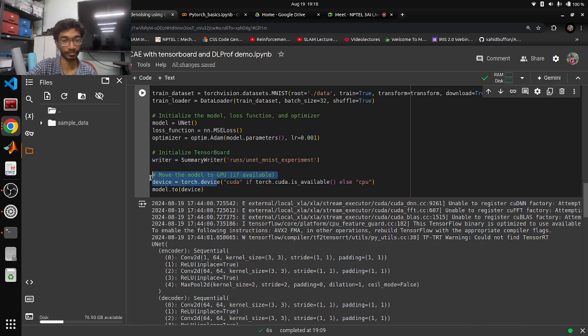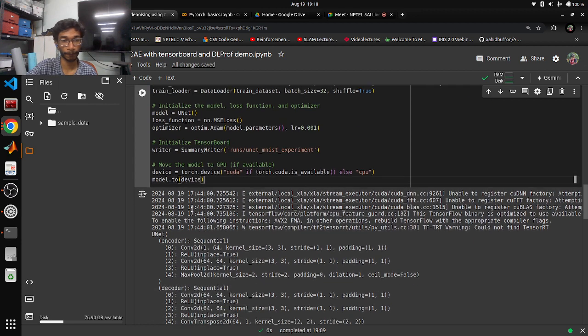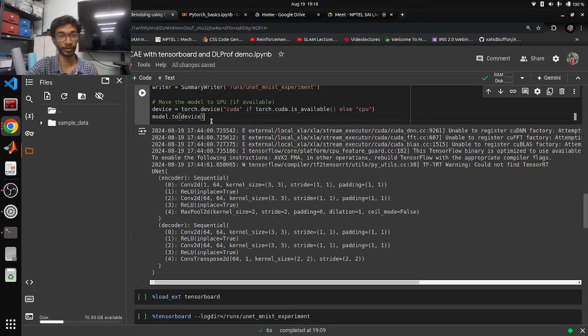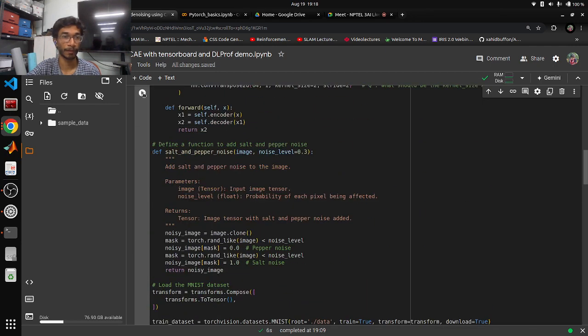Then we are checking if we have a GPU device or not, and if it is available, we'll send it to the GPU. Right now I'm not running it on GPU, it's running on CPU only, since I'm not able to access it. But if you are able to access it, you can use it. Okay, so this is a summary of our UNet model. So I will just run this cell,